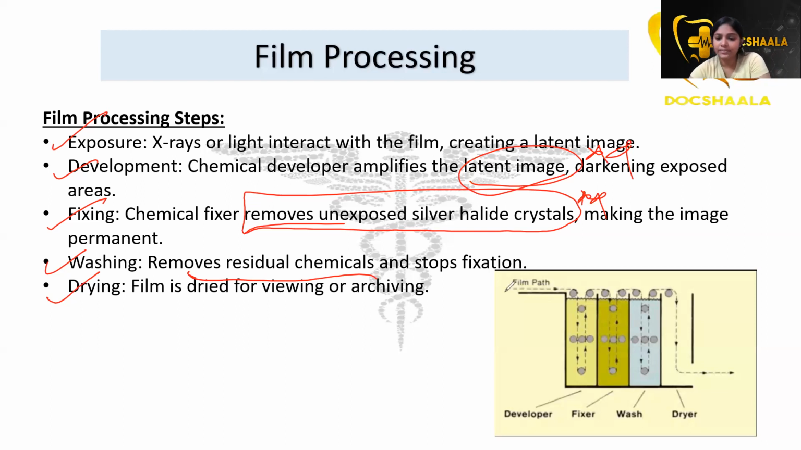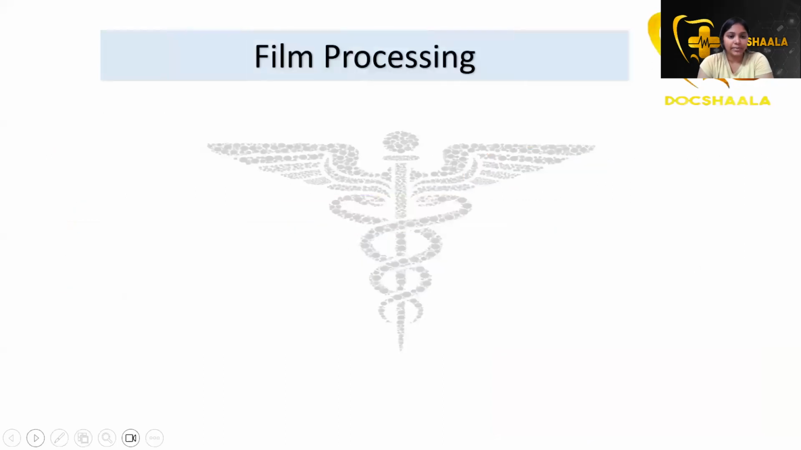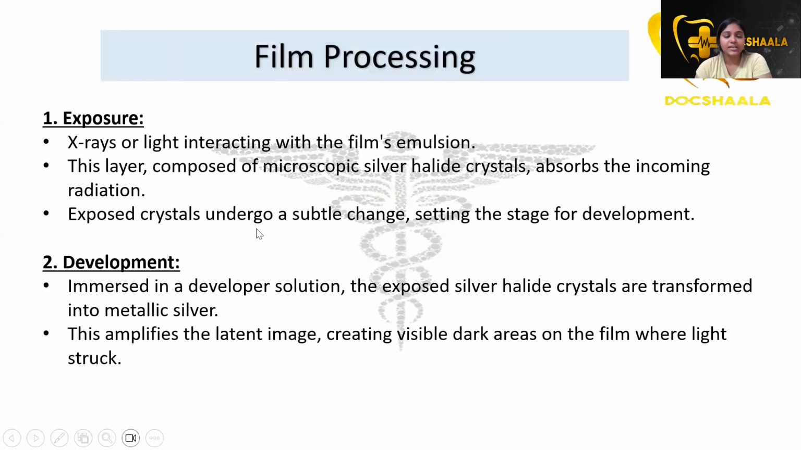So you can see the same thing in the image here, right? So we'll see one by one how it is taking place. Okay, so X-rays, exposure. X-rays or light interact with the film's emulsion. When the X-rays interact with the film's emulsion, the film emulsion is composed of